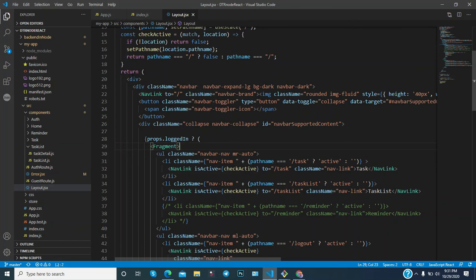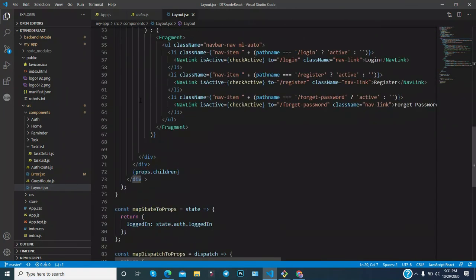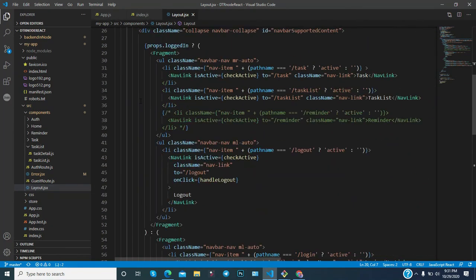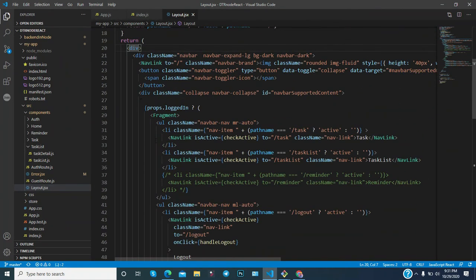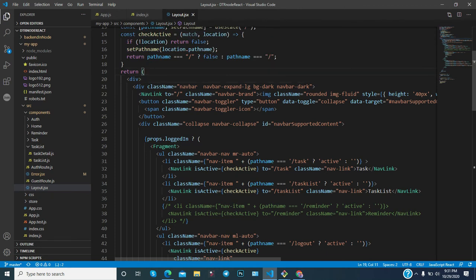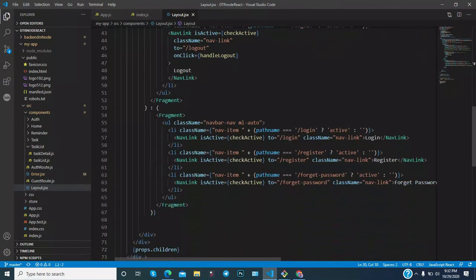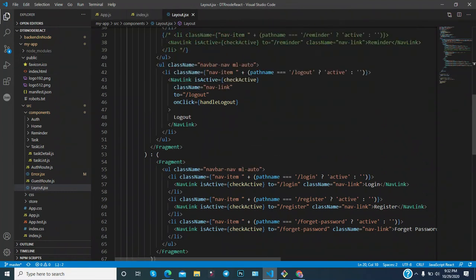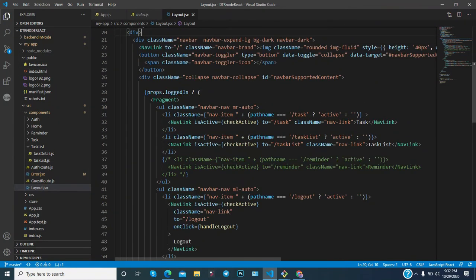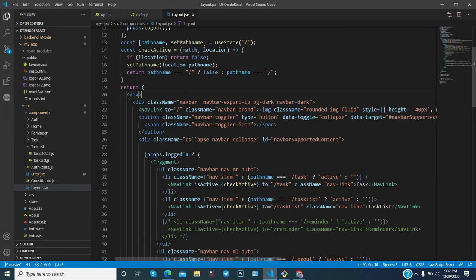Okay, as you can notice, this is the div, and make sure that in React, whatever you are returning in the return statement should be wrapped in an opening and closing tag. It is very important. So here we have used the div tag, and in the div tag we have wrapped all the HTML or JSX code. You can also do it this way. Otherwise you can use a fragment.